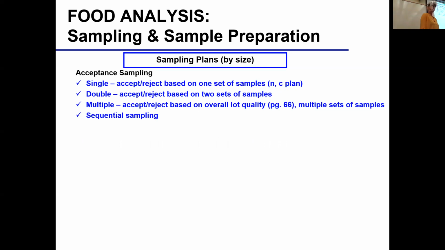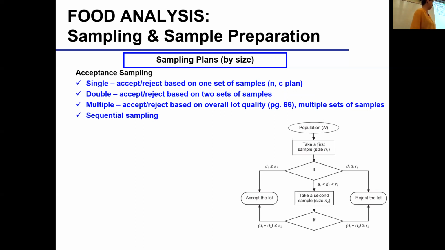So if we're doing acceptance sampling, there are different types. You have the single accept reject based on single sampling, and here's what it means. Single sampling does not mean you take one sample. What it means is you take a set of samples, 10 samples, let's say, but one time you do the measurement, and if it